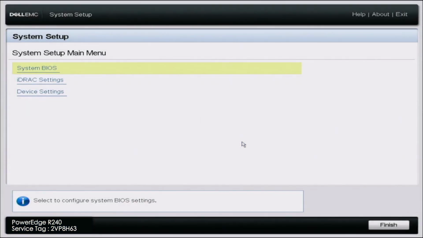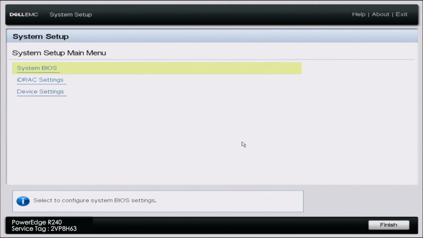So we're just going to go back to the home screen for system setup. Now there's a few things I want to go over first before we get into this. So essentially what we're going to do is connect the iDRAC to the network, so we can type in the IP address and access the web interface. So I'm going to show you how to do this, and it'll make a little bit more sense as we go through it. And then the other thing we're going to need to do is that we're going to need